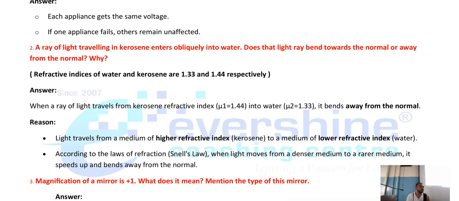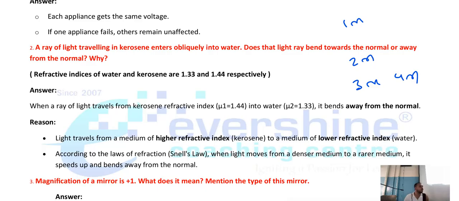Here, I just want to mention, especially in science, please try to write the answer only as much as they are asking. Even though you know many things about that, there is no need to explain everything here. Is this clear? You know everything, you know many things about this, but it is not necessary to write everything. First, see the marks, whether it is 1 mark, 2 marks, 3 marks, 4 marks. First, check for how many marks this question was asked and try to write the answer only with respect to the marks.